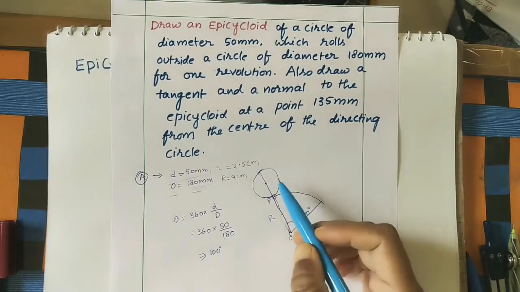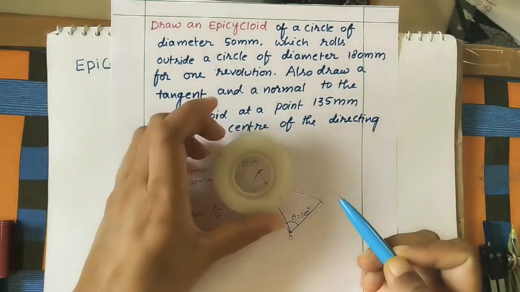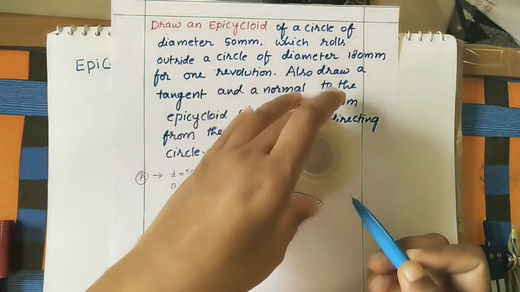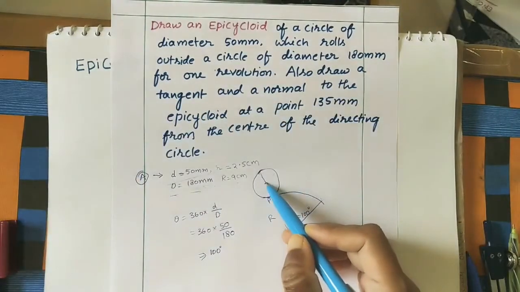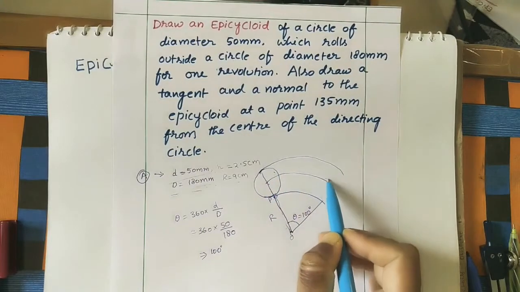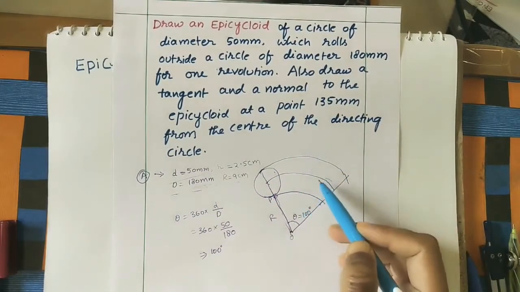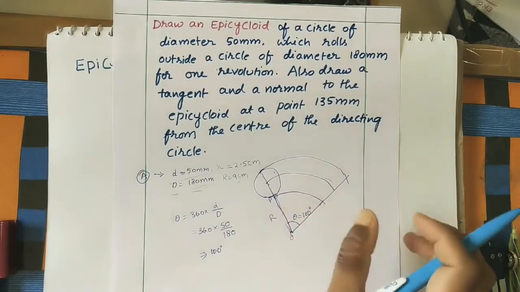So here, after getting this arc, as I told, the circle is rotating on the curved surface like this. So center is also moving. Okay, the complete circle is also moving like this. Now extend up to this one revolution. First we will do this diagram with the help of instruments.